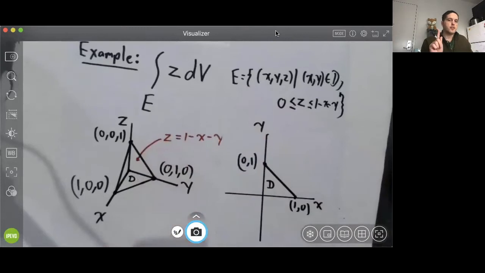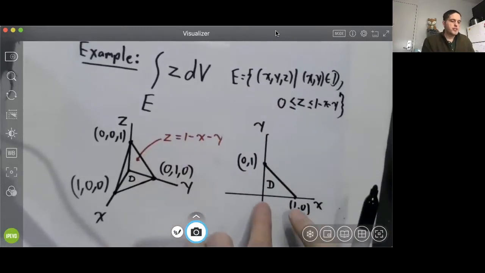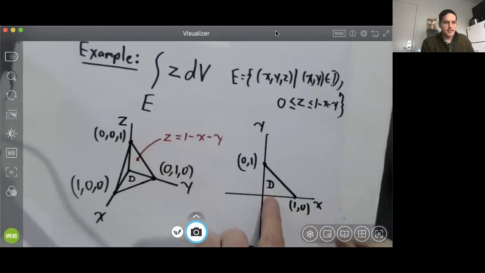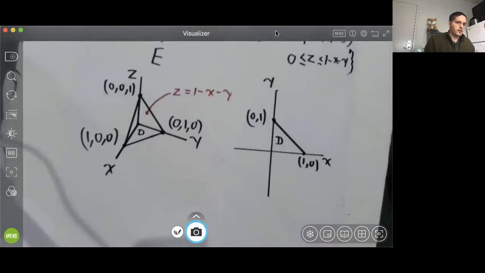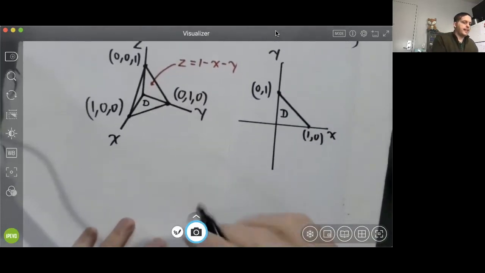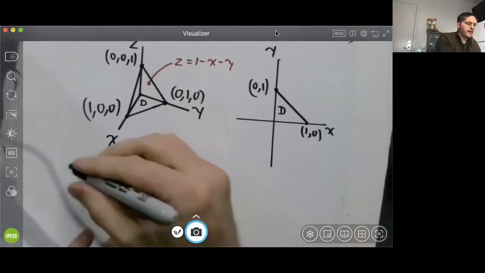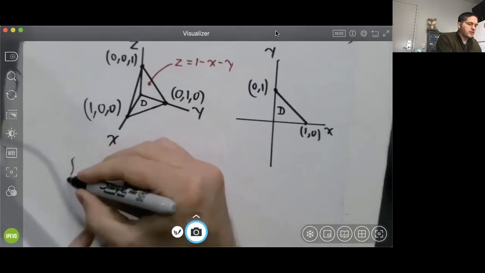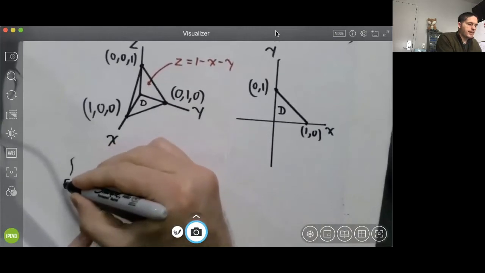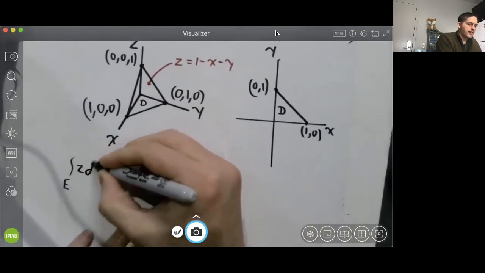And moreover, the projection of E onto the xy plane, this region D, is a type 1 region in the xy plane. So now we're ready to start setting up our integral. Because E is a type 1 solid region, we're going to start by writing this down. The integral over E of z dV